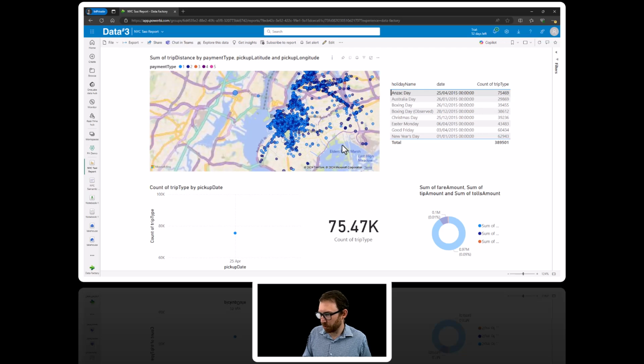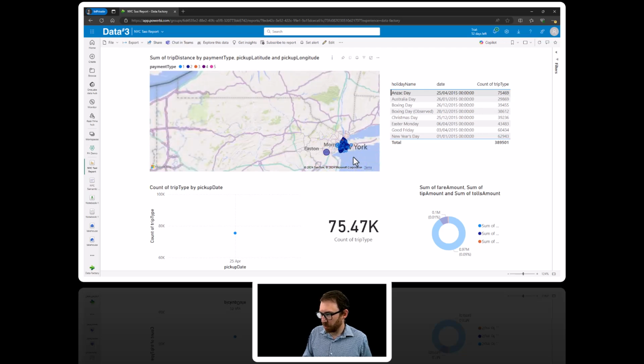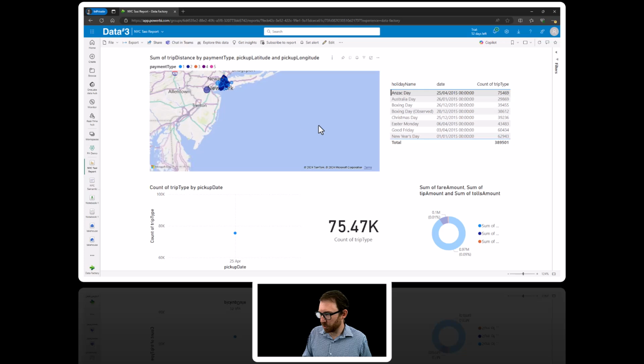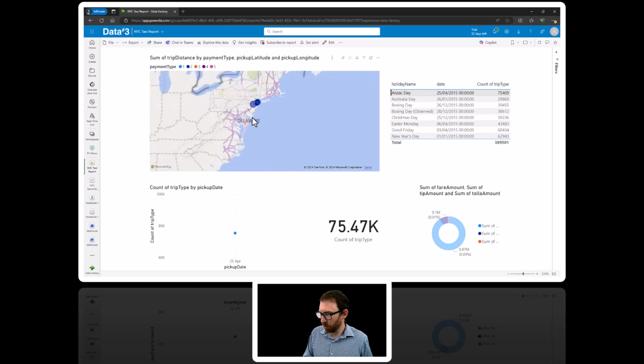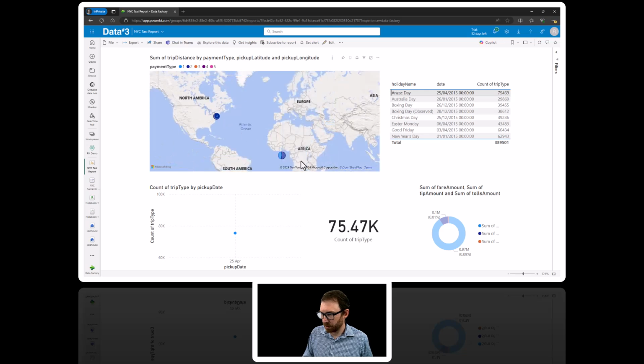Now, you would have seen some anomalous data out here in the ocean, because these data points, if we zoom out a bit further, down here, have no latitude and longitude, so it's centered them all here. So this would be a clue to go, well, maybe we need to remove those from our process data set, so we're not having